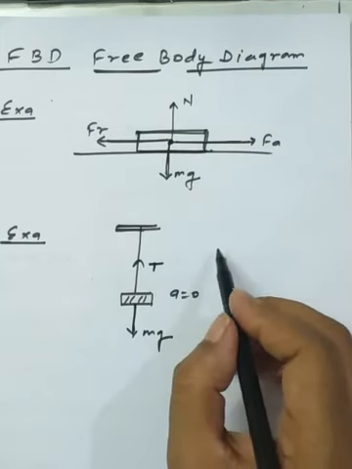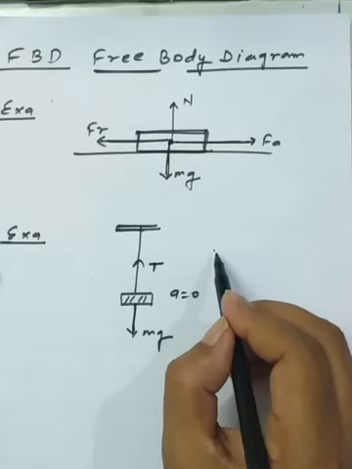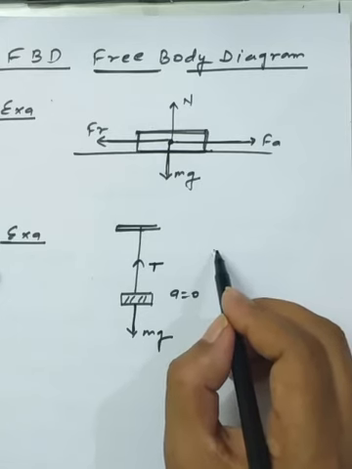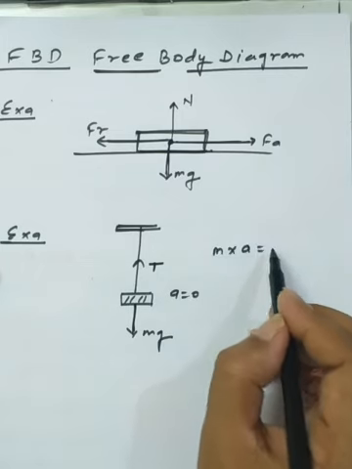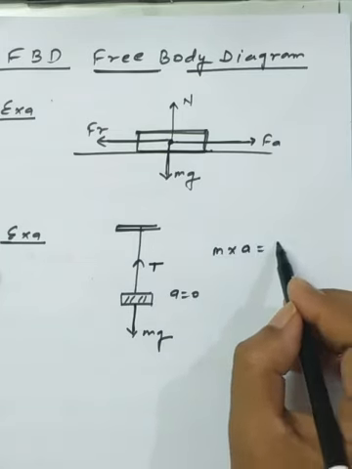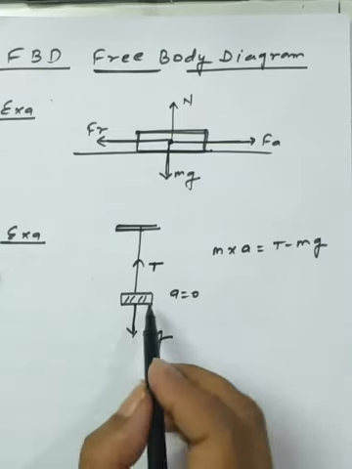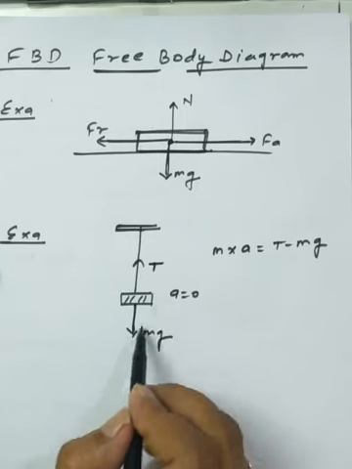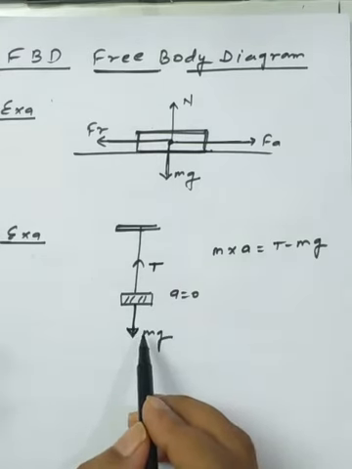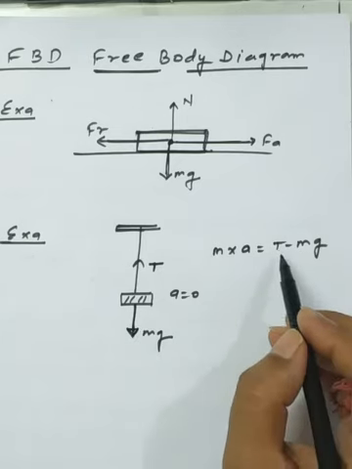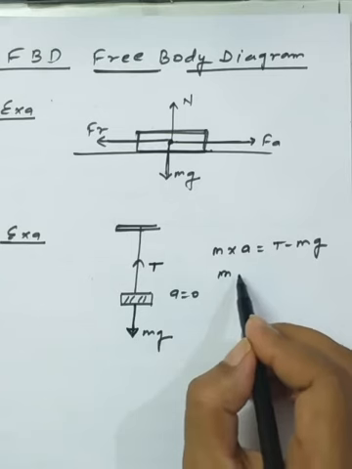So the net force on the object we can understand here by the use of the second law of motion. Okay, m into a, that is equal to T minus mg. Whatever direction you take as positive depends on you. You can take the vertical downward direction as positive. I am taking the vertical upward direction as positive, and we know that the system is at rest,